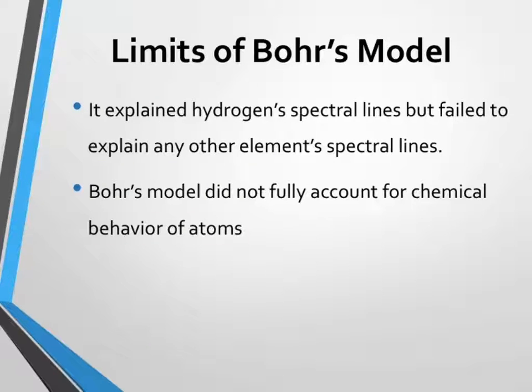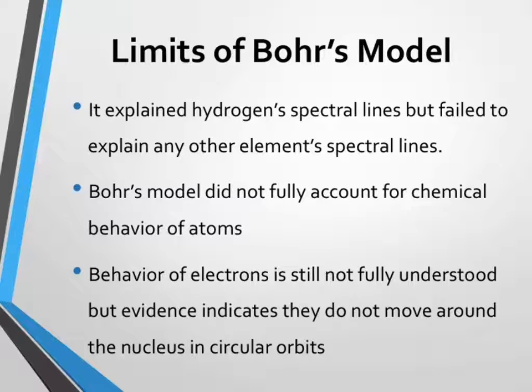So Bohr's model didn't talk about the other spectral lines of the other elements, which accounted for other behaviors. Okay, so we had to come up with something else. So they did further studies on Bohr's model. All right, so all you need to know about the limit is it doesn't account for anything else but hydrogen. Bohr's model is only about hydrogen, nothing else. That's the big takeaway from this slide. Bohr's model is about hydrogen and nothing else.